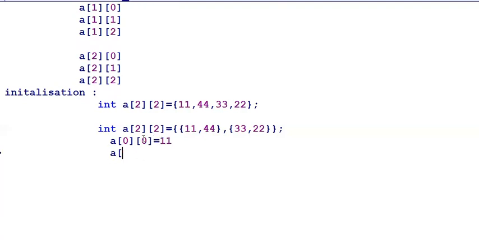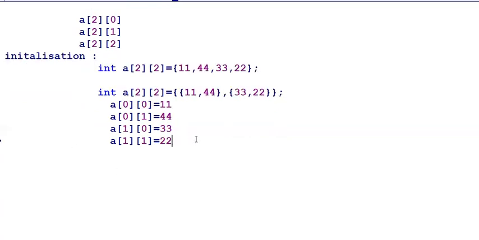In the zeroth row and first column, 44 will be placed. In A of first row, zeroth column, the 33 element will be placed. A of 1 1 is where the last element will be positioned. So this is a small piece of information about the initialization of a two-dimensional array, and it can be done in this manner.